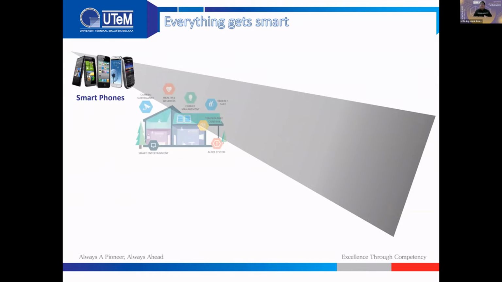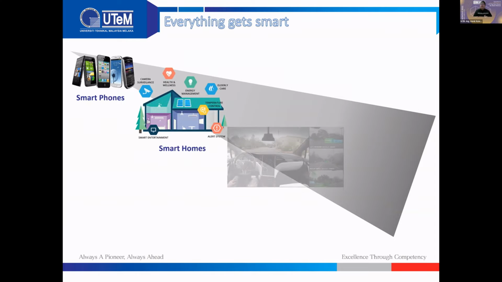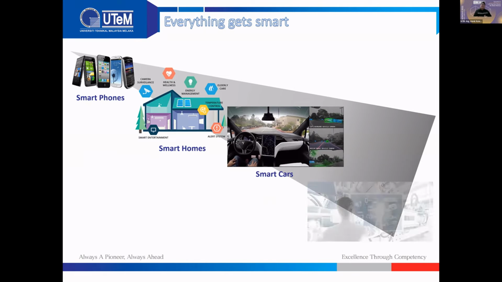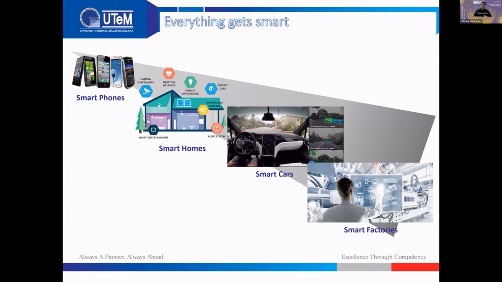So you can see by having this Internet of Things, everything's getting smarter. Starting with the smartphone, and then looking at smart homes, people are requesting a smart car, and definitely as a manufacturing engineer, or an engineer itself, we would like to have a smart factory also. In order to have this kind of technologies, we need to have the technology push and also market pull.